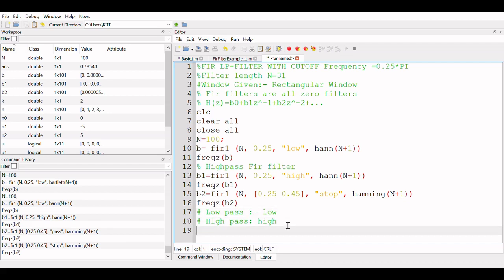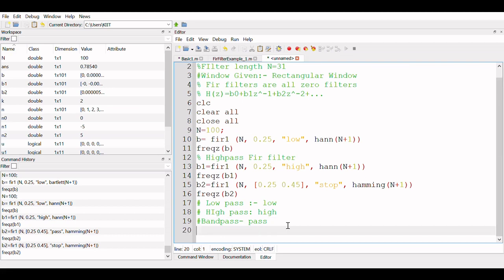Similarly, if you want to design a band pass, the argument is pass. Pass means band pass. And if you want to design a band stop or band reject, the argument is stop. Okay, so that's all about our FIR filter. You can design any FIR filter, whether low pass or high pass, by using this simple thing.